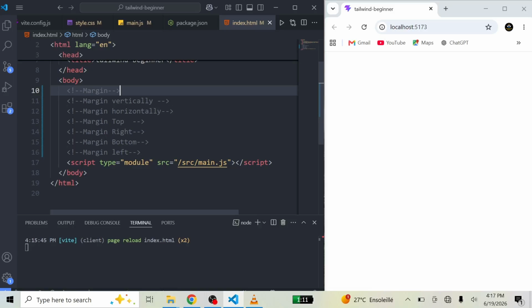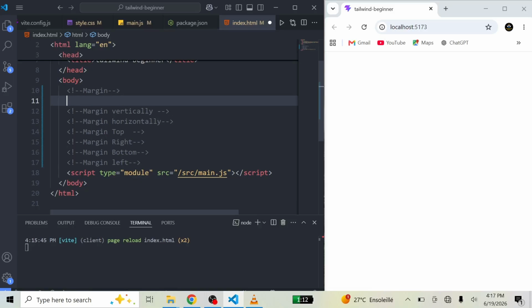Yes, then last but not the least is margin. Margin is used to create space outside an element. It is the space between two elements on the same page. And here just create again